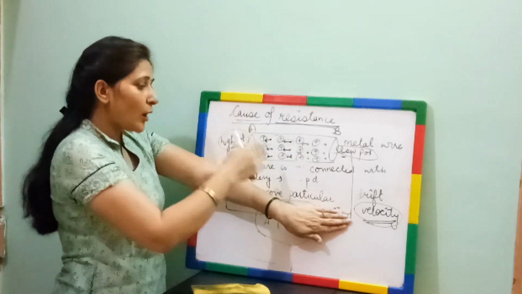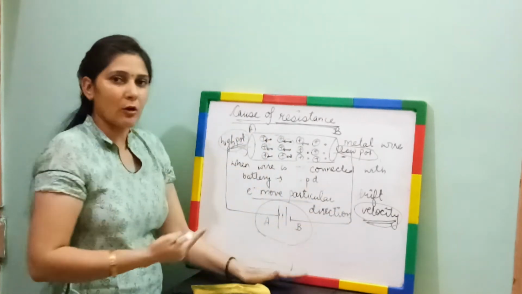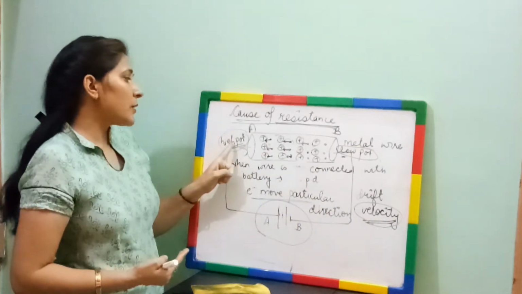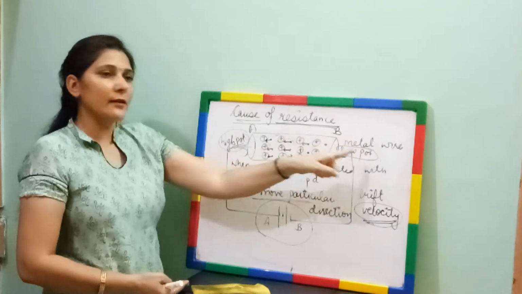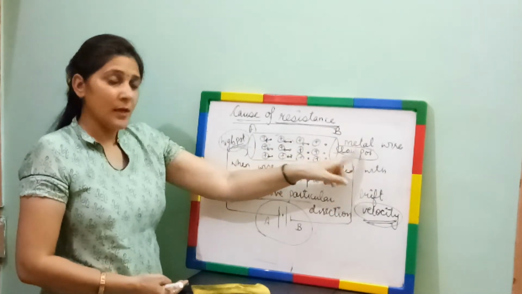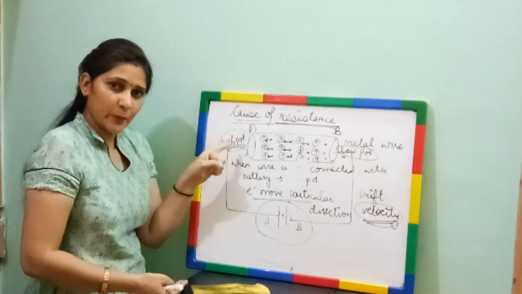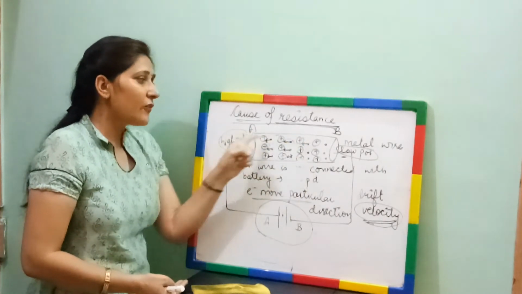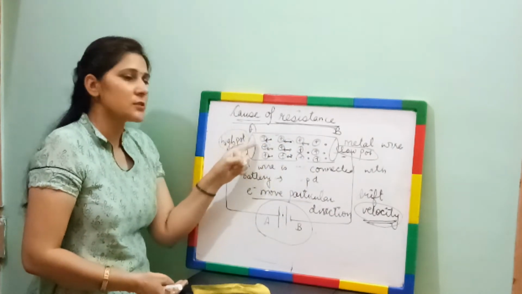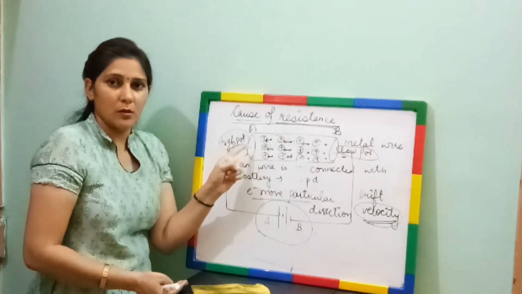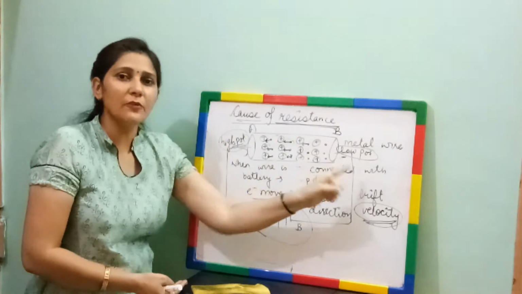Okay, but what happens when it is connected with a cell or battery? In that situation, potential difference is maintained. One end is behaving as high potential, another one is behaving as low potential, and electrons will start moving from low potential towards high potential, and in this switch they are facing obstacle from these positive ions only, because they are moving in one particular direction now, because they are facing potential difference there.